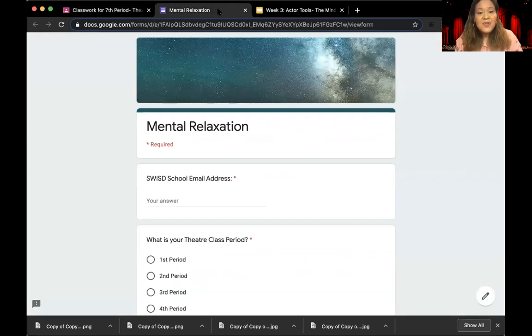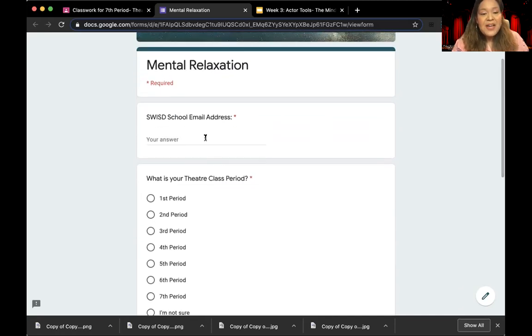When you do the Google form that pops up, it's going to be this kind of teal color with a relaxing night sky with stars, or that's what I thought of when I made it. So we're going to answer our 3 questions that we always do.